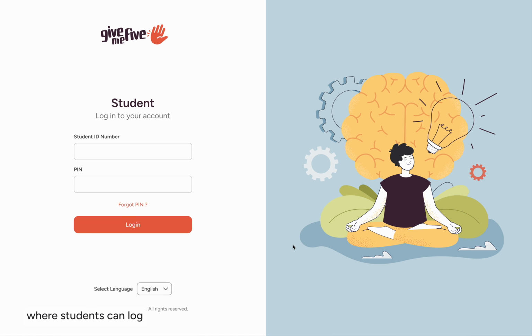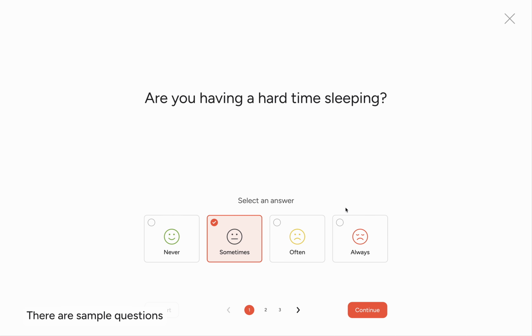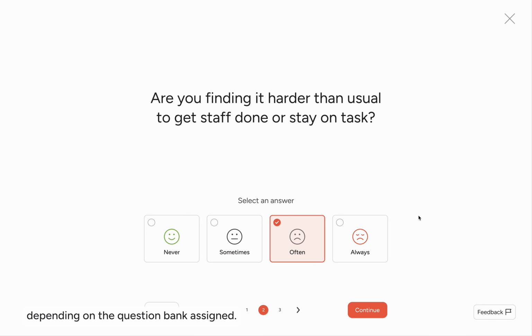This is the primary screen where students can log in using their student ID and PIN. Post-login, students will be directed to the screen where they can choose between initiating Get Started Now or have a general check-in. There are sample questions that students may encounter depending on the question bank assigned once they start the